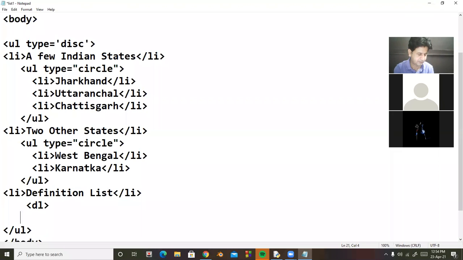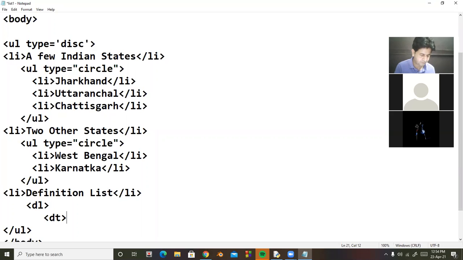And after that, I take DT, definition term. So here we will give the heading of the definition, and after that we will use DD, definition description. In description you will give the complete definition, but in DT you will give the title.